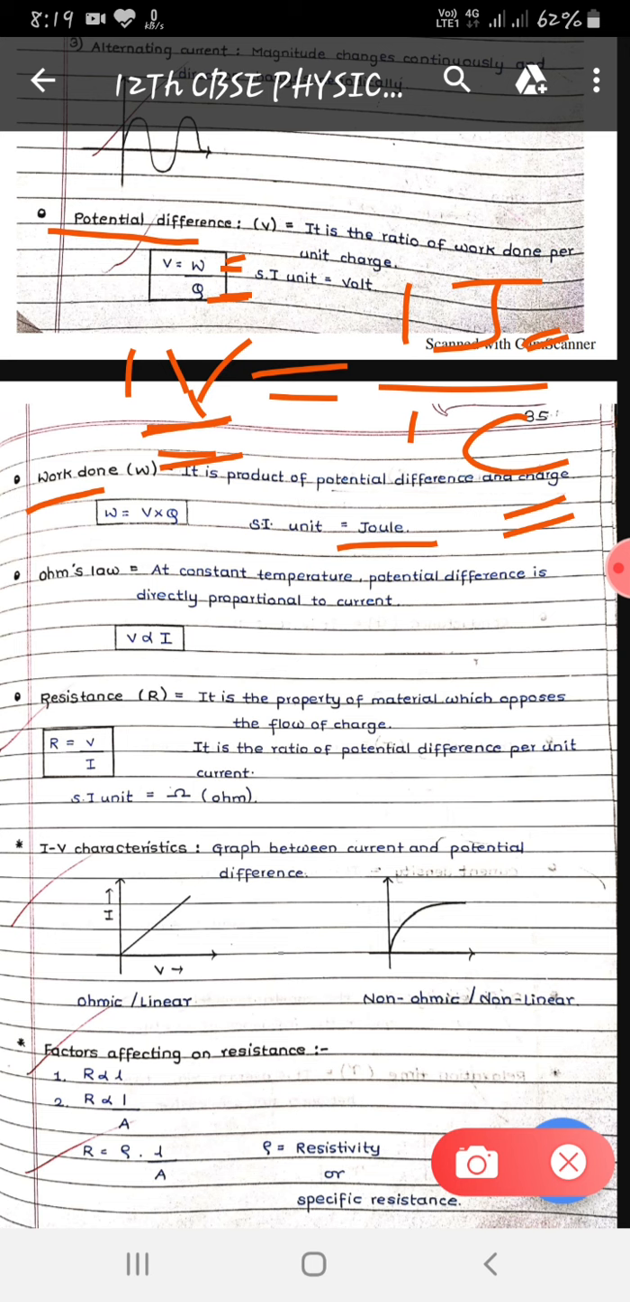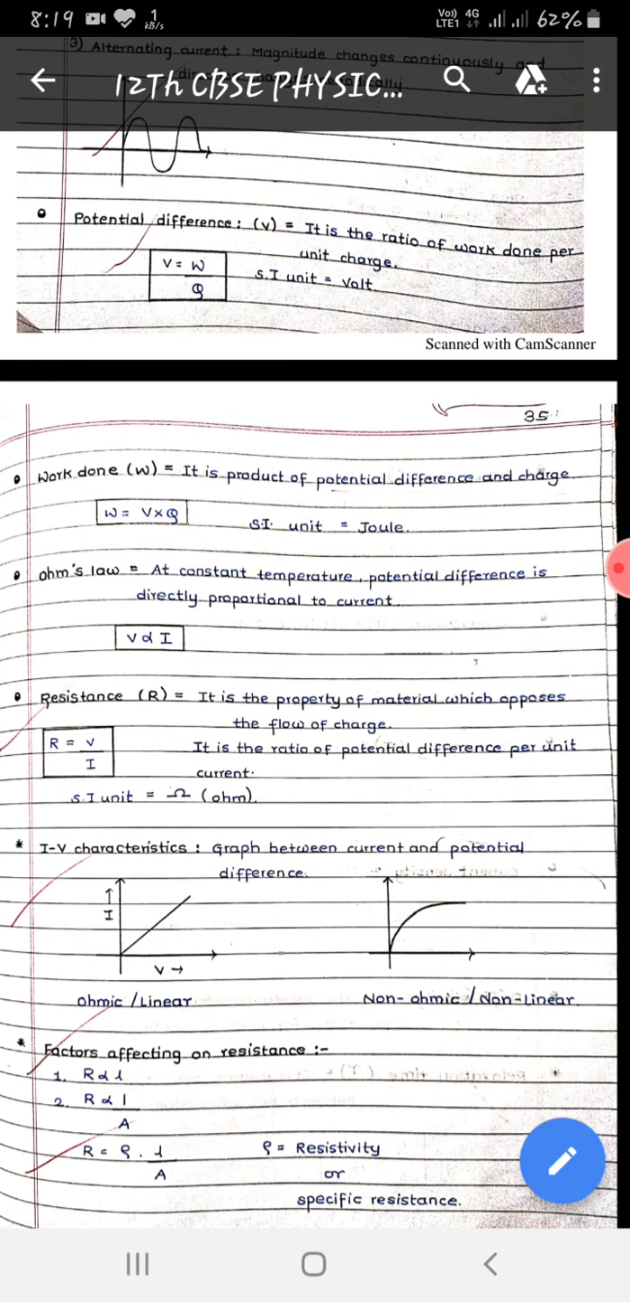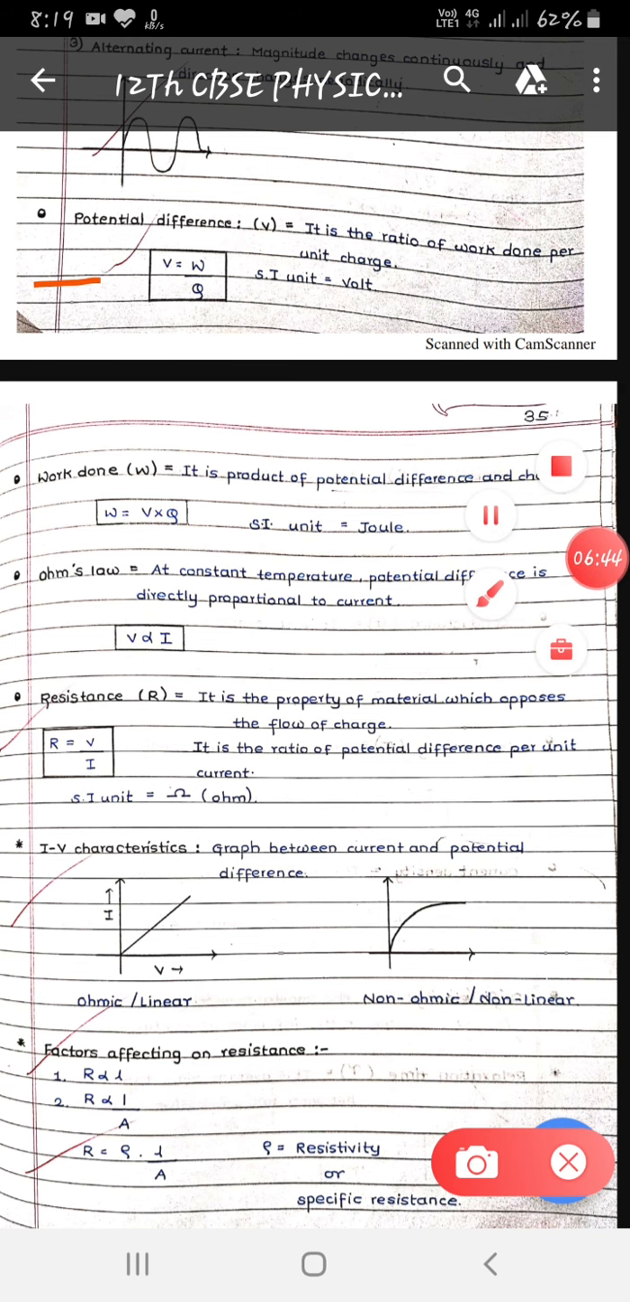So what is 1 volt potential difference? When do we say there is a 1 volt potential difference? When 1 joule of energy is required to flow 1 coulomb of charge from one terminal of the conductor to the other terminal, then we can say the potential difference between the two terminals is 1 volt. Hope I am very clear with you. So once again, my dear students, potential difference is nothing but work done upon charge, its SI unit is volt, and work done is the product of potential difference and charge,